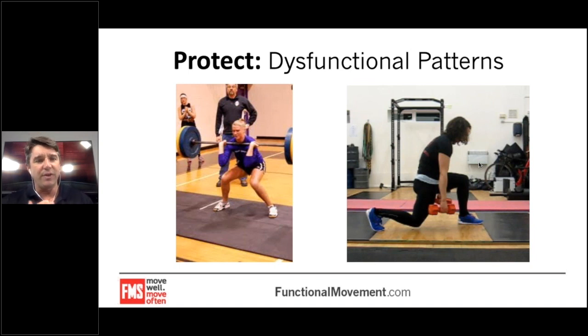What are the exercises that will not help this individual, that could potentially hurt this individual? That's first and foremost. But we have to take it a step further. What are also the things this person may be doing in their daily lives that may be leading to some of these problems or dysfunctions in their fundamental movements? We can identify and have that conversation. We can have a potential impact on that as well. And that's really the ultimate goal: it's about overall health and fitness,